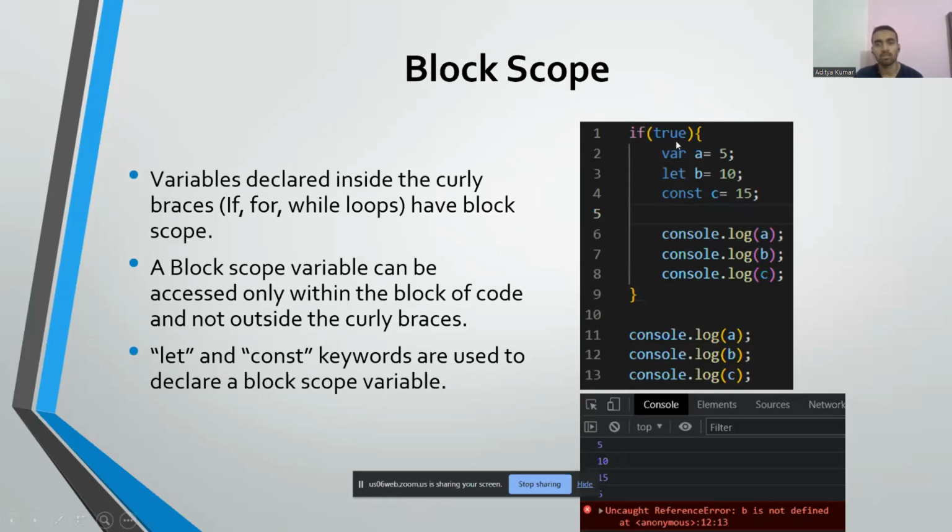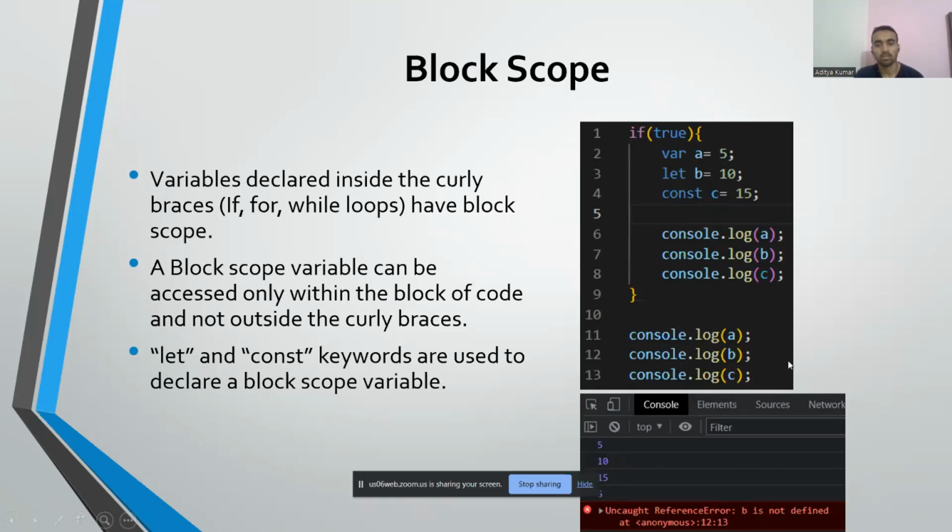There's an if statement, it's true. So basically this gets executed. I will declare 3 variables a, b, and c, which have values 5, 10, and 15 using var, let, and const. I console logged it inside the braces and outside the braces. As I console logged it inside the braces, 5, 10, 15, all 3 values get